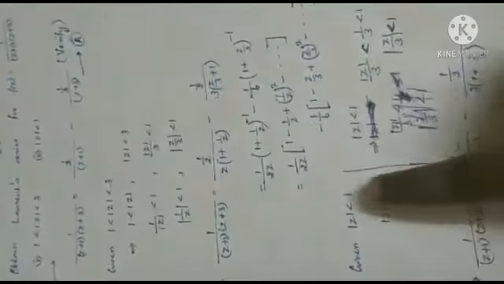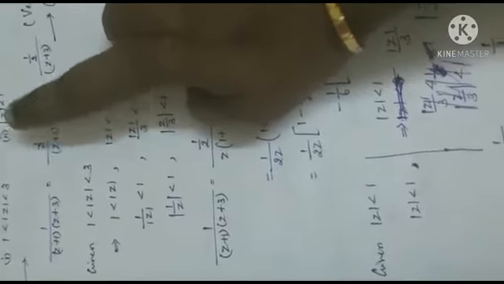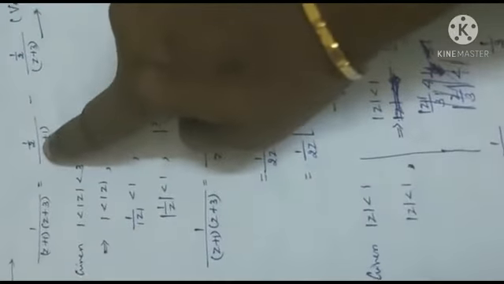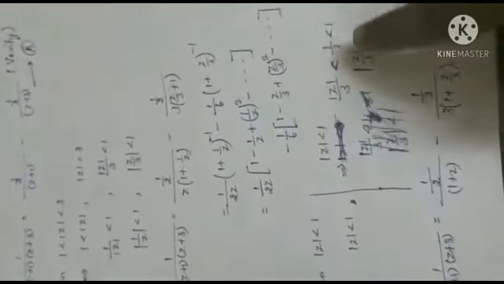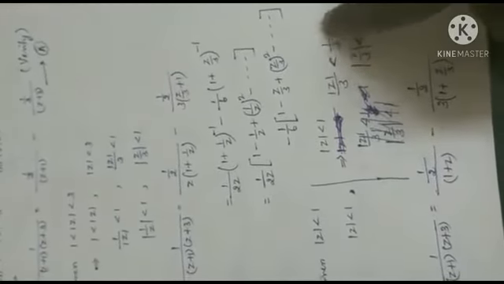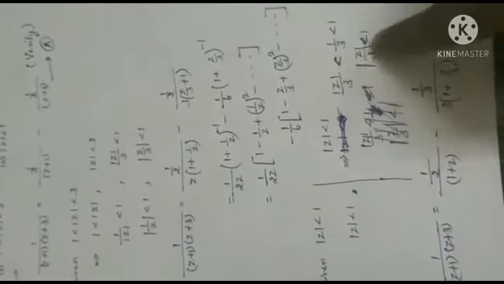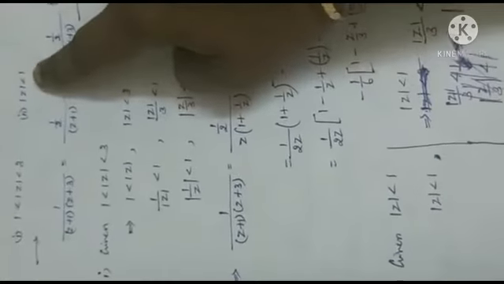Second subdivision, mod z less than 1. Already mod z is less than 1, so this part is ready to use binomial expansion. Take simply the term to numerator and use binomial expansion because mod z is less than 1 already. So we have to use the same region to find this part, z plus 3. Mod z less than 1. Since I have 3 there, I divide both sides by 3. What is 1 by 3? 0.333, which is less than 1. Hence modulus of z by 3 is less than 1. So this term is ready to expand.